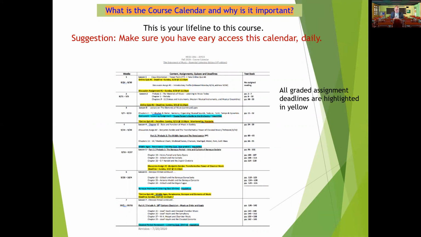It's again telling you what the reading assignments are for the week. It's telling you what is due at the end of the week. All assignments and quizzes are released on Monday at 4 a.m. Now, there's an exception sometimes. I have to